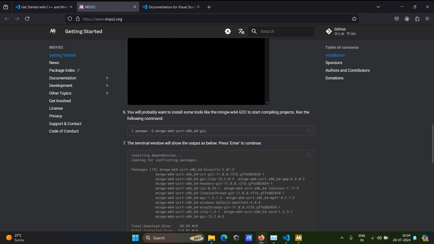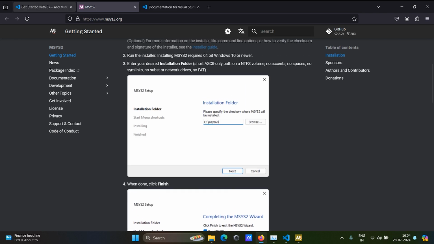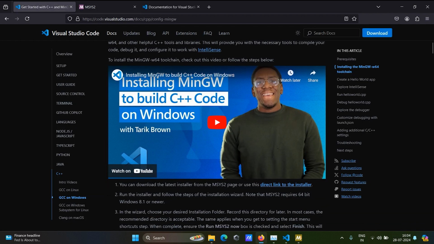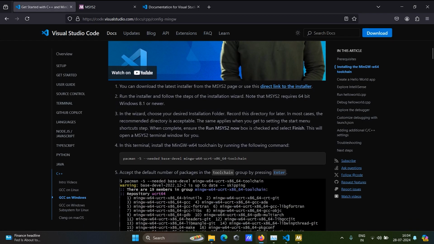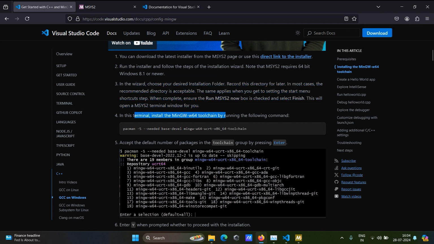So what we do now is just copy the command here. We have opened it. Okay, so just back to our installation process. This is the process that we need to follow. We have installed it. Open the wizard completely, and in the terminal install the mingw tool by running the following command. Okay, just copy the following command